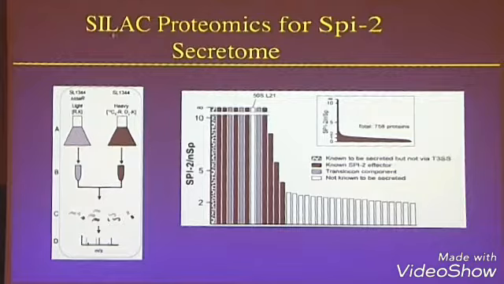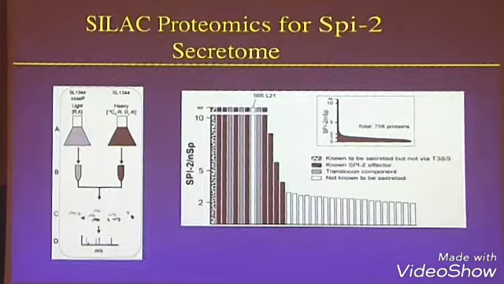We basically use this proteomic differential labeling technique called SILAC, stable isotope labeled amino acids in cell culture, which is really just a fancy technology for growing your bacteria or your mammalian cells in two different media, one that labels the lysines and arginine with heavy isotopes and one that labels them with light. So you get two populations. The trick is to take these two populations, which in this case are going to be differing. This is a SPI-2 secretion system mutant, so there's no SPI-2 secreted proteins here. This is wild type. You then take the supernates in this case, and then you basically pool all these things and run them through mass spec. And because of the differences in the mass, you can then determine the masses of the various things.